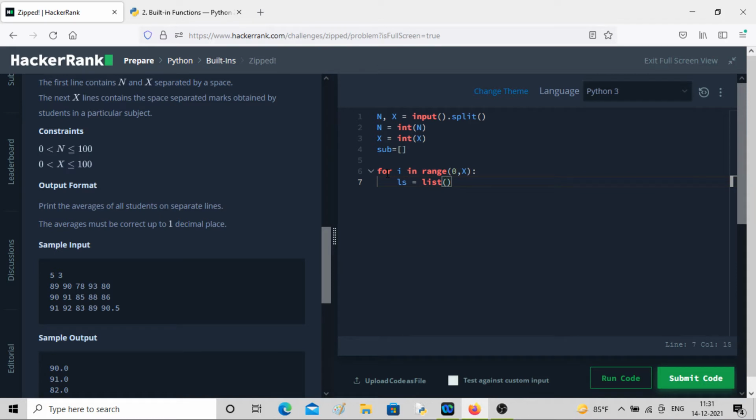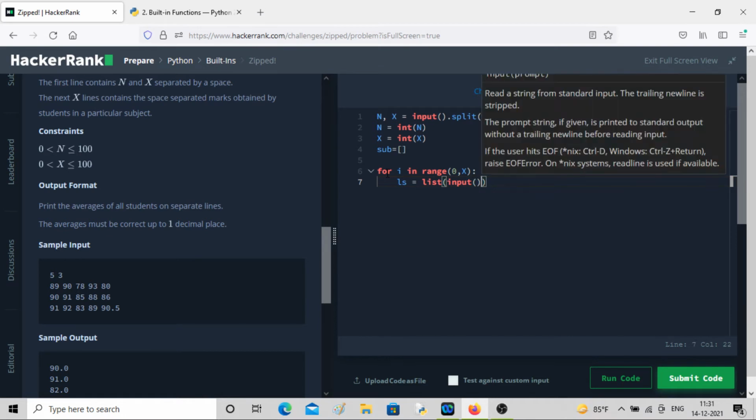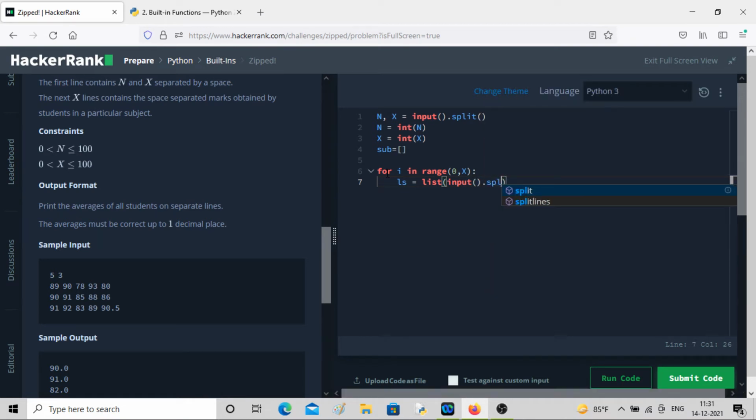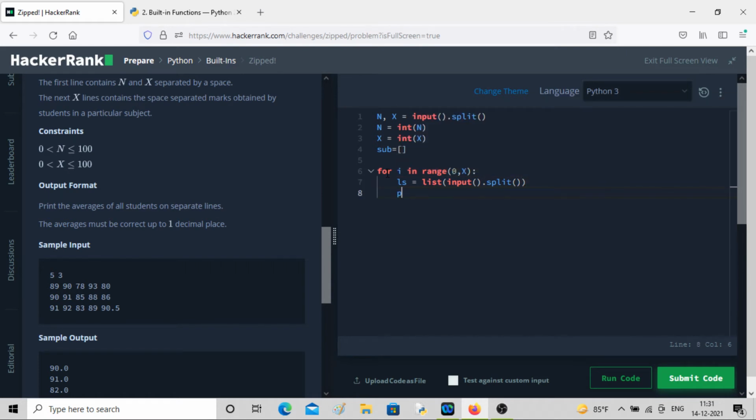They are separated by space, so we'll separate it by comma. That will be taken care of by the list only, so we just have to take the input and split by space.